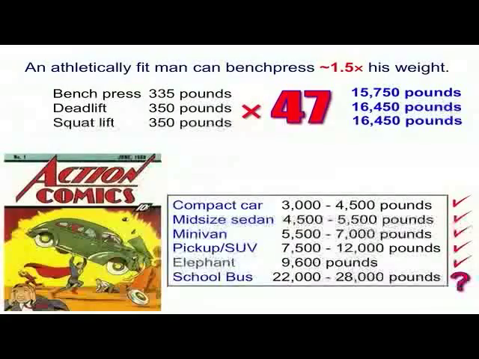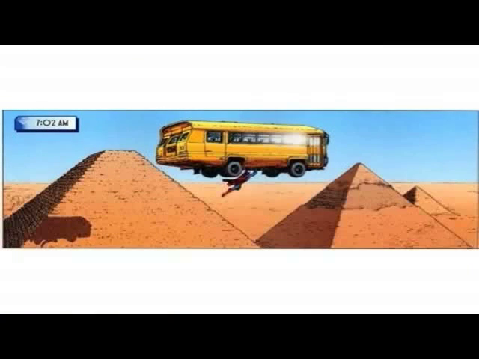Yeah, he can toss a car, a sedan, a minivan, an SUV, even an elephant around. But a school bus? Well, if I hadn't seen it with my own eyes,